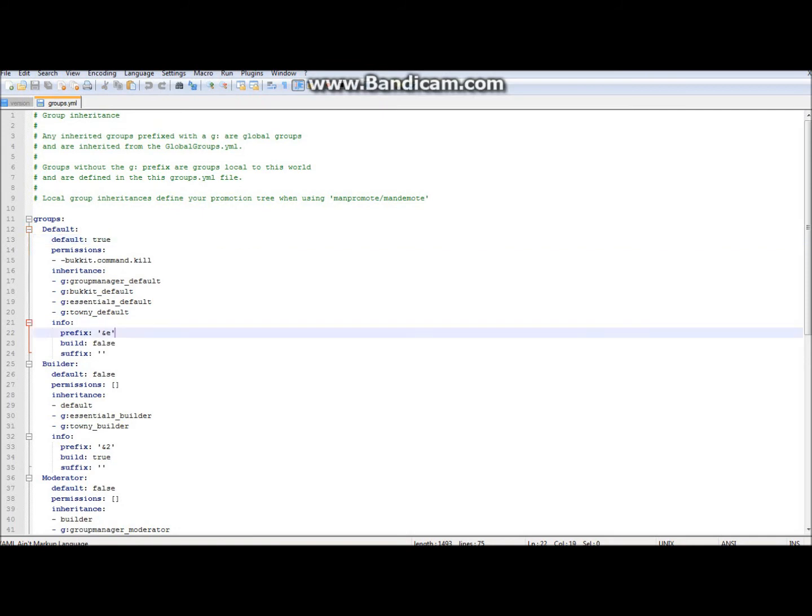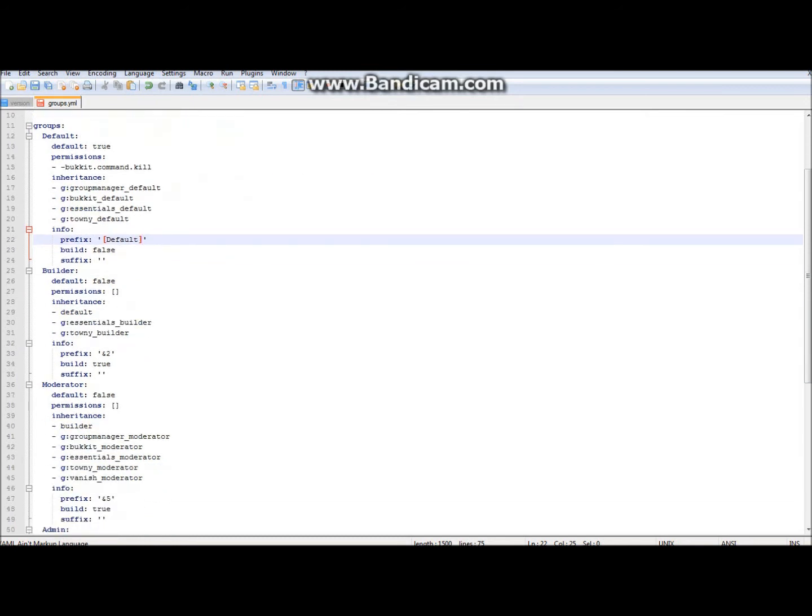And then it has the default permissions, and it has the prefix, which you will need to add if you want. And then suffixes, this will show up before the name, which is why it's called prefix. And then suffix will appear after the name. And then so on, builder,